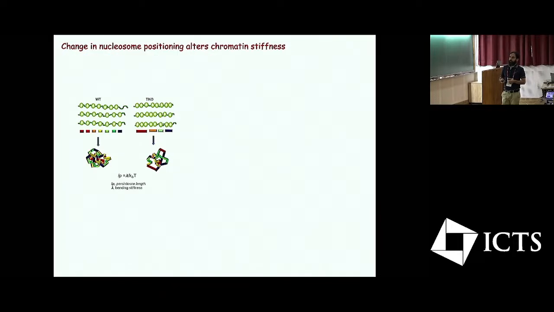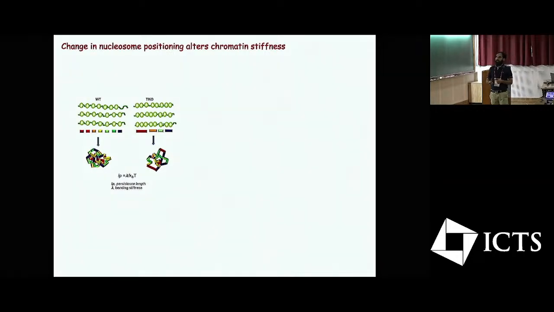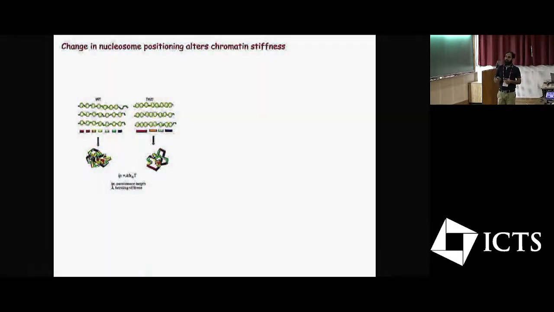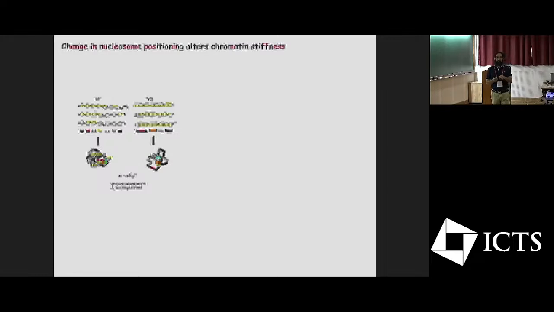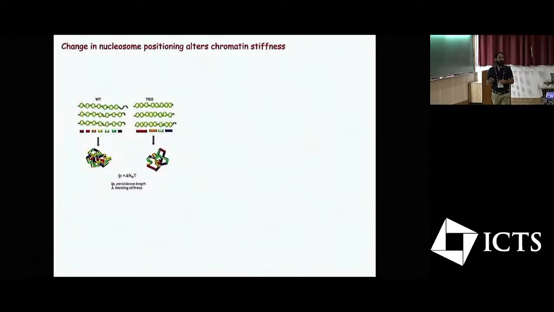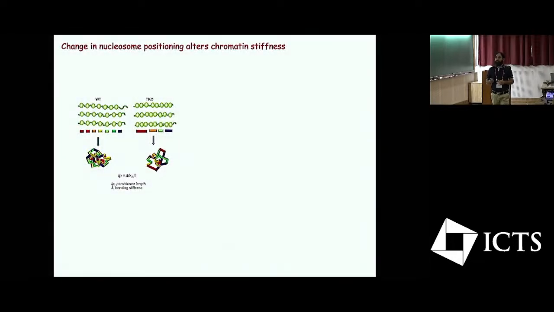So one of the possibilities we thought to explain it is that in the wild type cells, we have a regular positioning, implying that there will be some bending positions, but if we change this, the number of bending positions is going to change. So it tells us that the persistence length of the chromatin fiber here will be more as compared to the persistence length here. Now if you want to make a contact in polymers with different persistence lengths, the contact probability or the looping will be different.